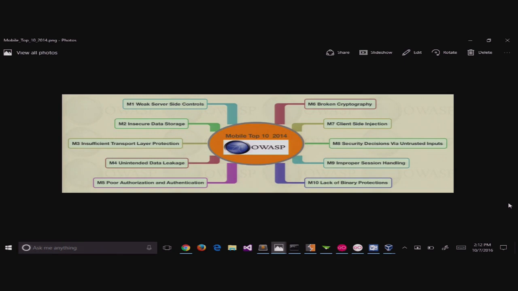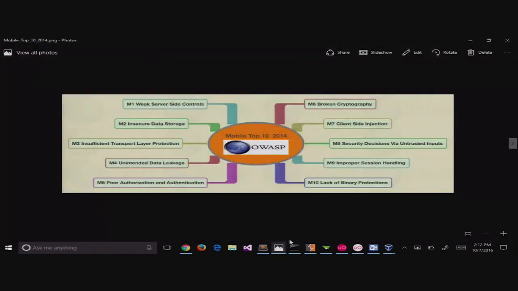And this is about as close as we get to guidance for testing. There is also a cheat sheet for both Android and iOS. They're separate projects on the OWASP website. And if you have to do mobile application testing, I'd advise looking those up as well. They have more detailed advice, but it's still very scattershot. There isn't a comprehensive test plan really anywhere for mobile. It's a little frustrating.